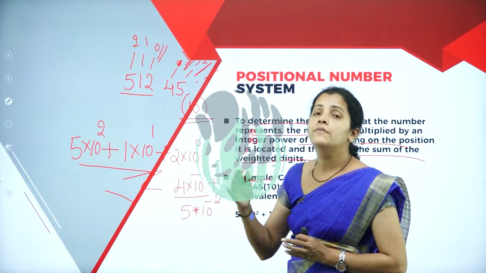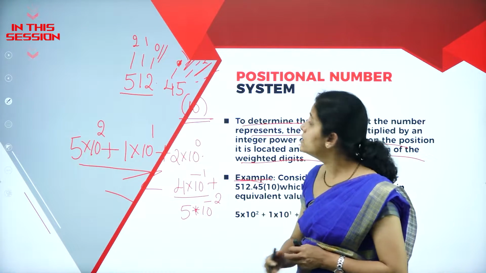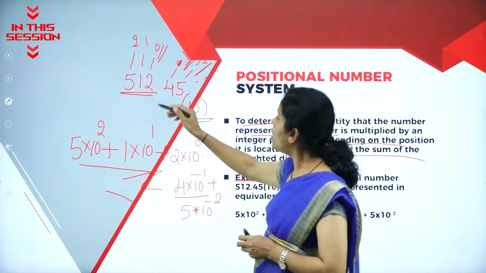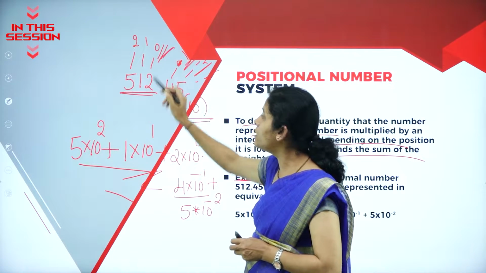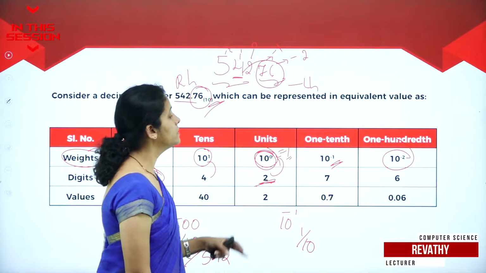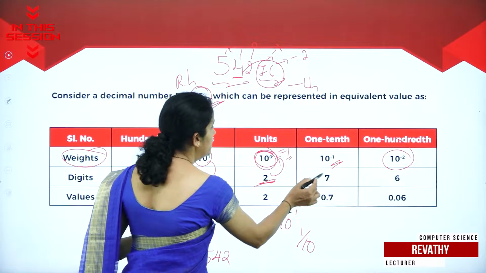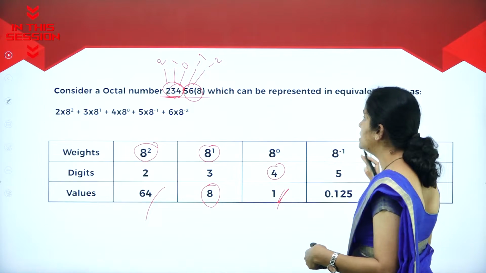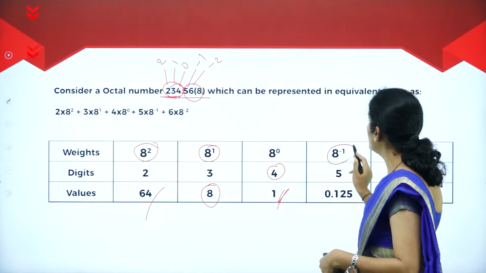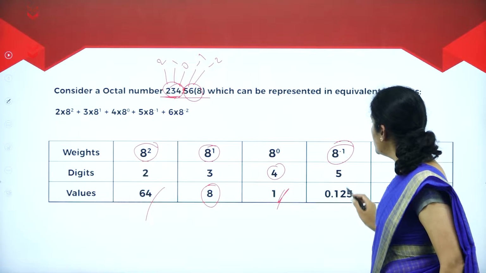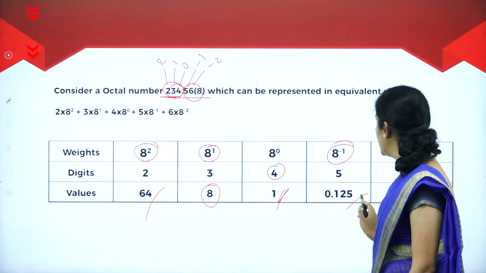In the sense, if it is a whole number, then for your right half, all the powers are positive powers. 10 to the power minus 2, same procedure. Then multiply the digit with the inverse value. Similarly, if I consider the left half, I'm going to have a to the power minus 1. After performing a to the power minus 1, I'll get